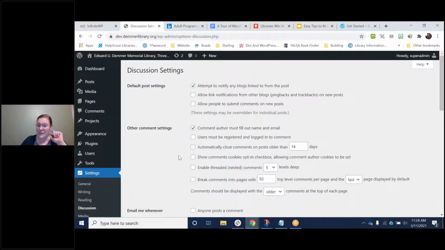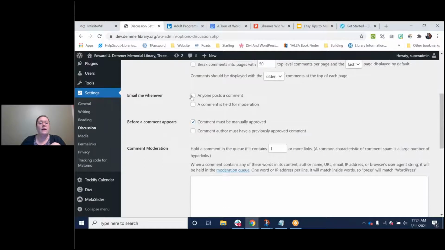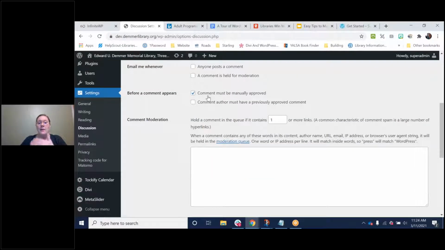Now, discussion is very important, the discussion settings. This is going to help you combat spam and people trying to get into your website with naughty intentions. So you can customize these things. You can have a setting that says a comment must be manually approved.